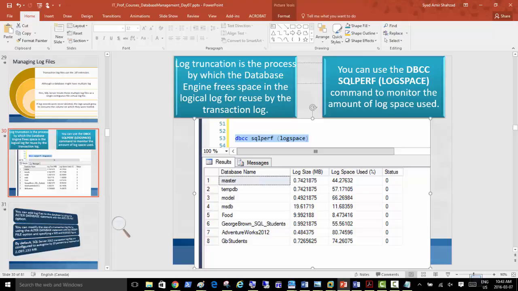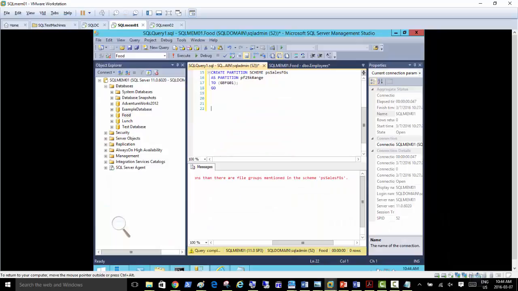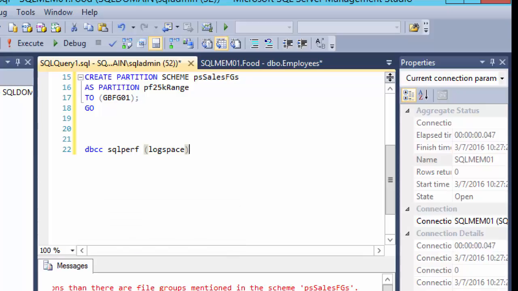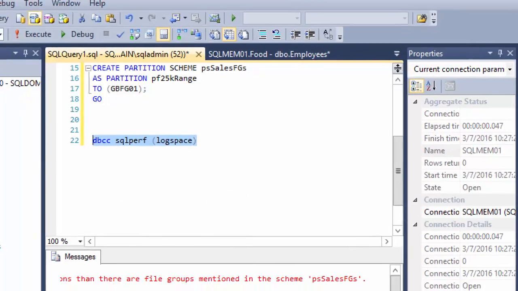So AdventureWorks should be using about 80% of it on the C drive. So I'm just going to put this command there, DBCC SQLPERF(LOGSPACE), and execute it.